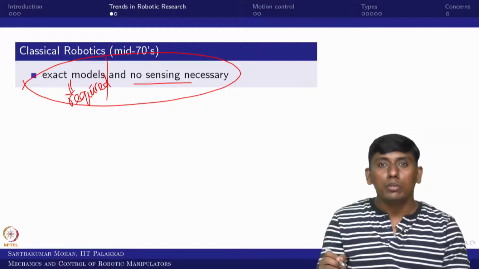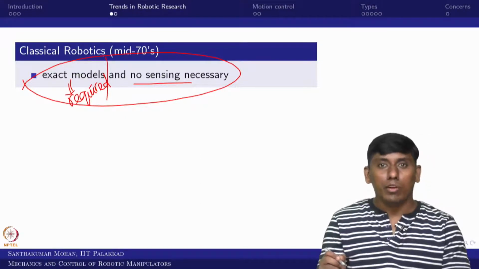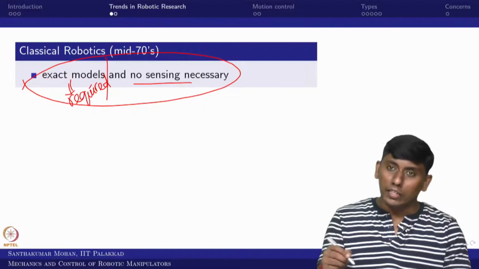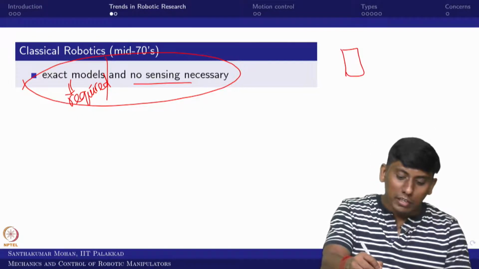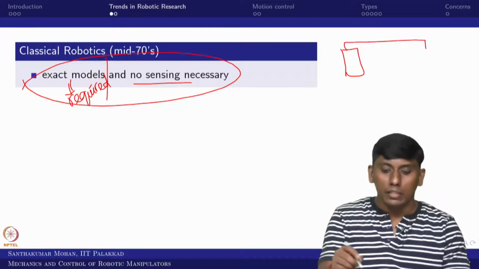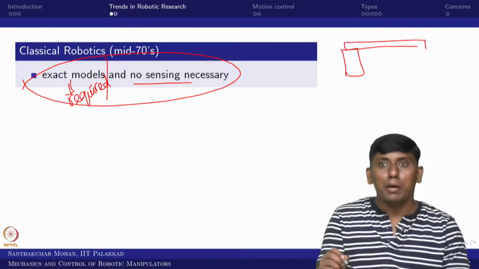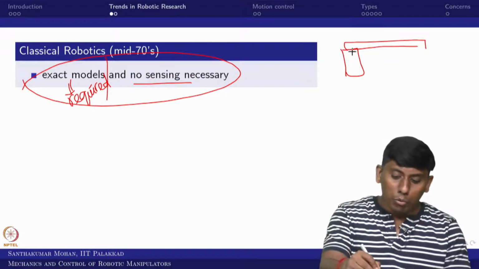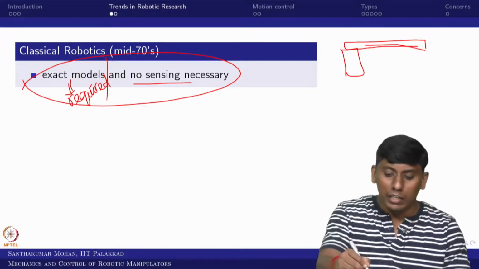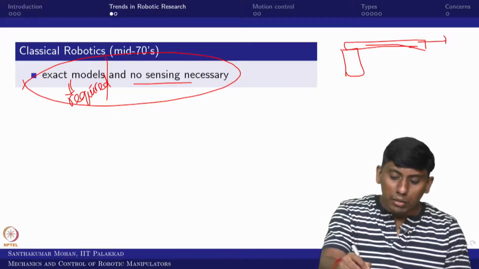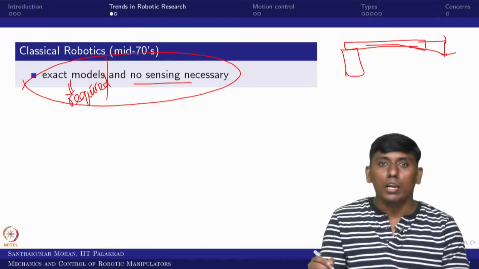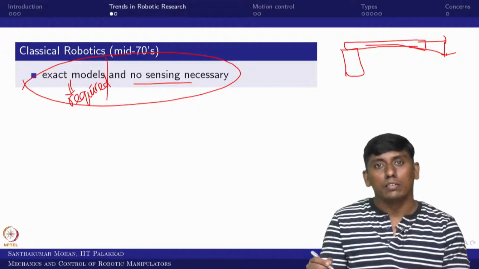So, it was working well as long as the system had no wear and tear, or no complaints. However, when there is a complaint, for example, I assume this is a vertical robot. It is a simple rotary manipulator, but the rotary manipulator is vertical. Over a period it would develop a deflection. It is supposed to stay here, but due to this it may come here. So this exact model may not work as such.